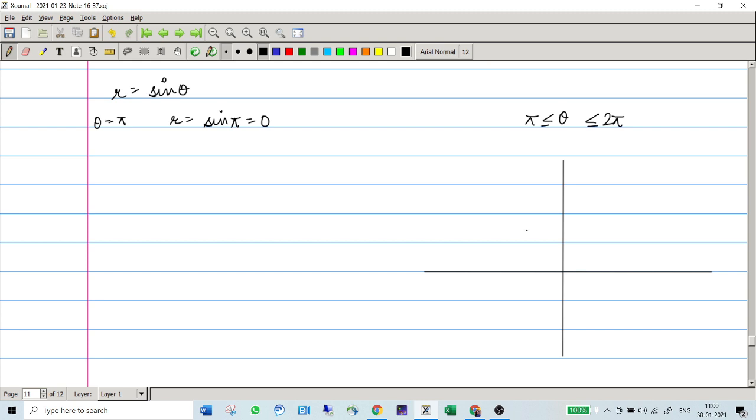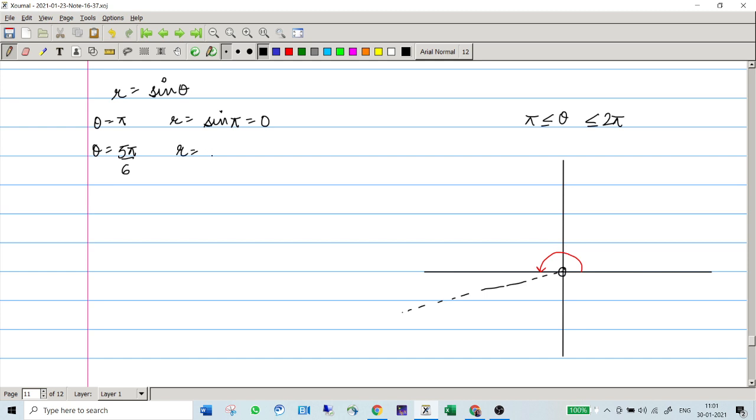Meaning at theta equal to pi radians from the positive x-axis, we are traveling how many units along this line? 0 units, meaning we are talking about the origin only. We are now at the origin at this point of time. Next up, let us consider theta to be the next value. Let's say somewhere here. So let us say this is pi plus pi by 6, or rather 5 pi by 6 simply.